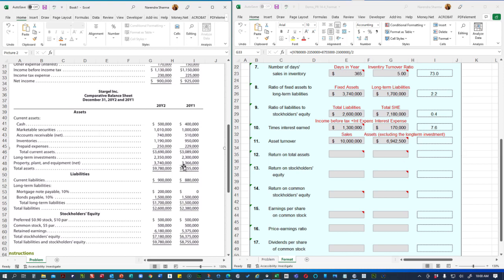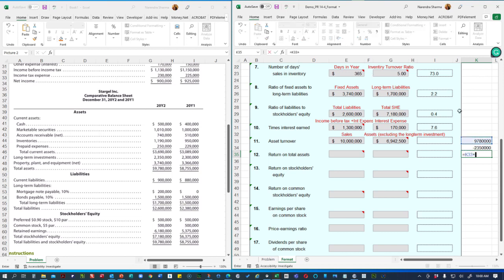So what you can do is, first there are two ways you can go about: 9,780,000 minus 2,350,000. So if you just, okay, that is